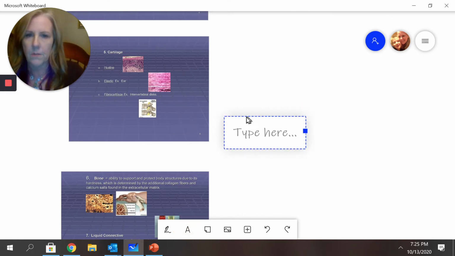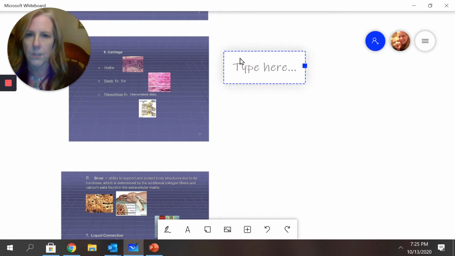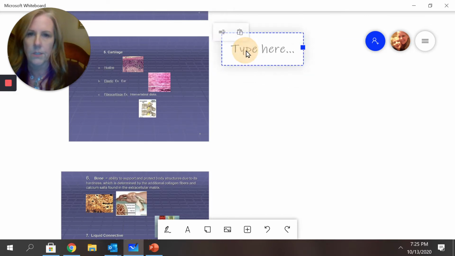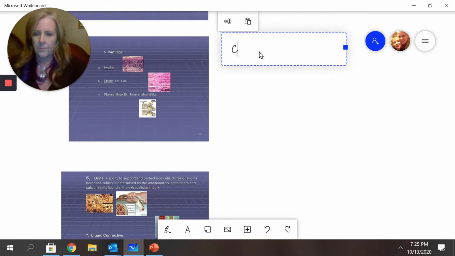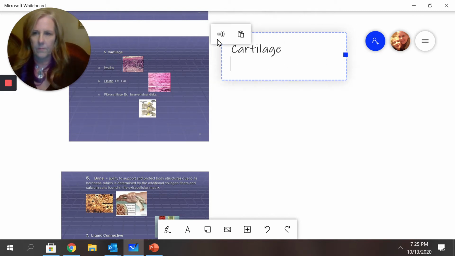Okay, so let's move on to the cartilage. So cartilage is another type. Let me move this. Well, can't. So cartilage. The main things to know about cartilage is it's made up of